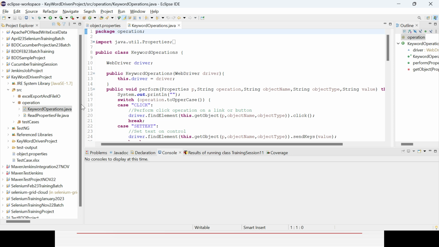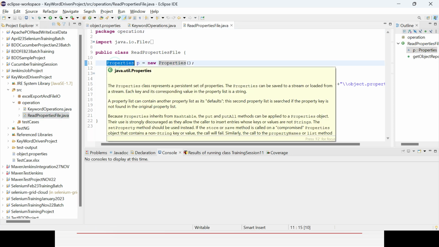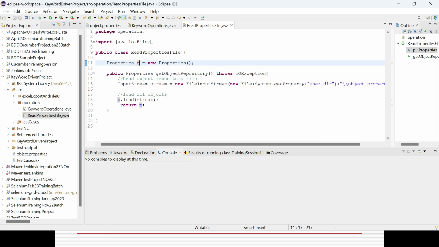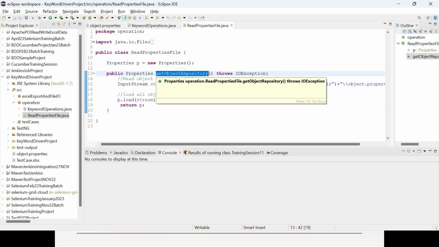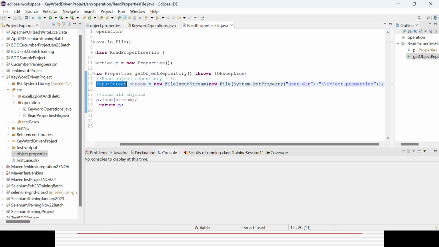So if you go to the read properties file, there is a properties class available already, right? So I'll be creating an object or instance of the properties class. I'll be creating a method called getObjectProperties. With the help of the input stream, I will be reading the properties file placed here. So I am not giving any hard coded value. Instead of that, you could see here I am giving the value called user.dir. So I will be calling System.getProperty user.dir, and you will be directly going to the file path